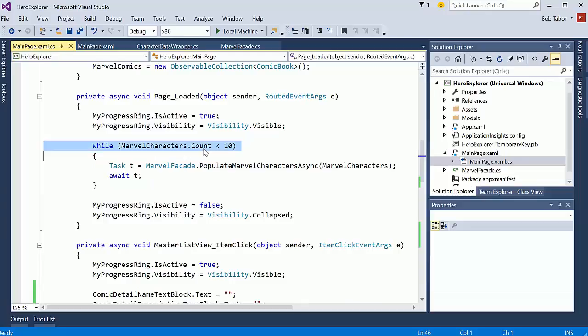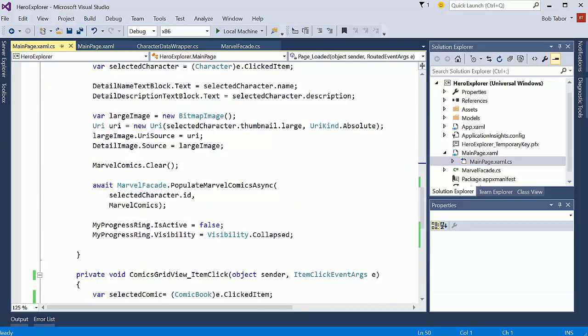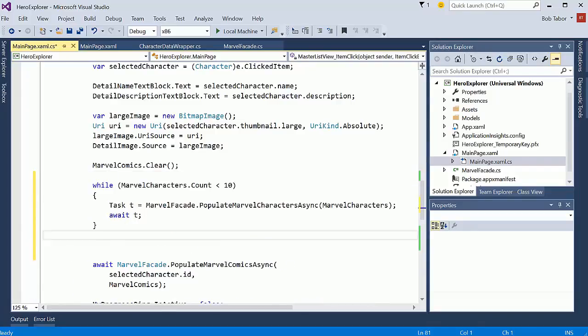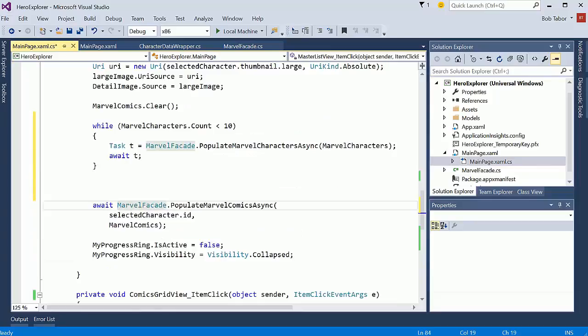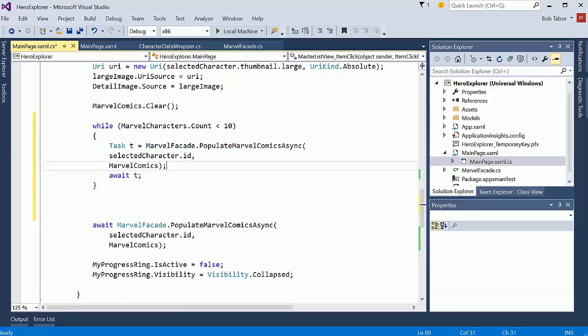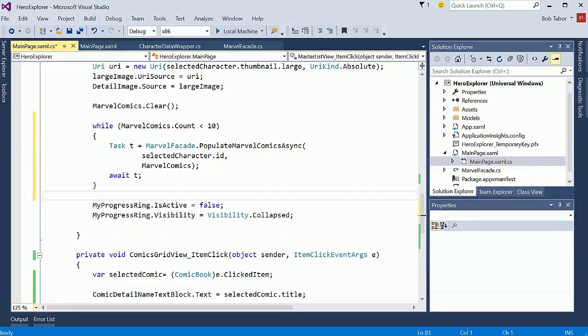Let's do this. I'm going to copy it, more for a template than anything else. And what we'll do is grab this off and put that there, and change that to comics. Let's move this guy over a little bit, move that guy over a little bit, and we'll remove that. So this should ensure that we get 10 comics if they exist. Now, if they don't exist,